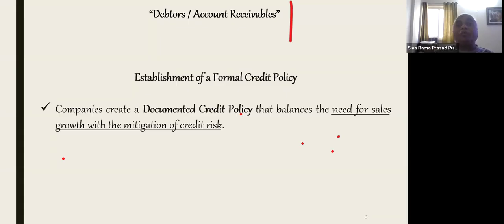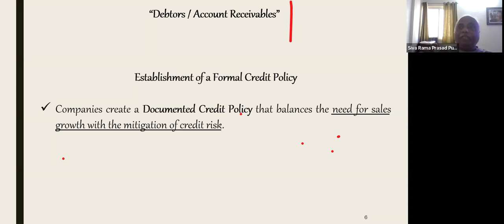So for the 100 crores, to how many people has the company sold the goods on credit, and whether they have taken the account receivables or not? And what is the due date? Whether they have paid on the due date or not. If not, what is the finance manager doing? And in the meantime, if the company requires funds, whether any finance has been taken from the banks against these receivables or not. All these things are to be known to the IRP or RP, or in case of liquidation, the liquidator also.